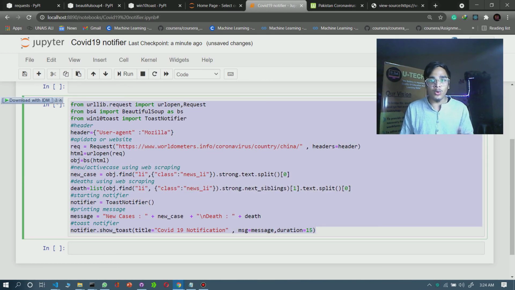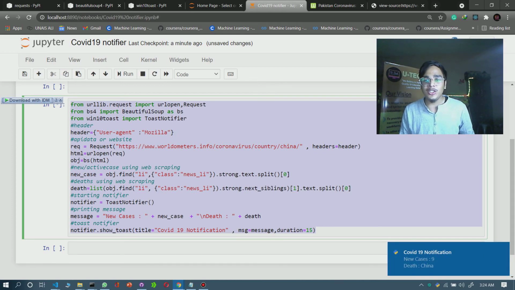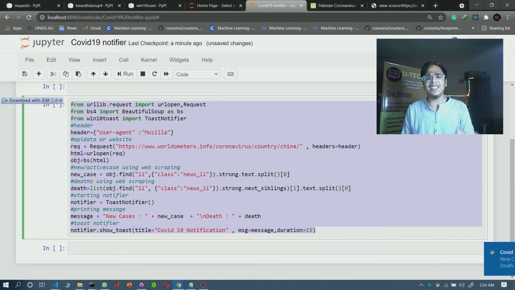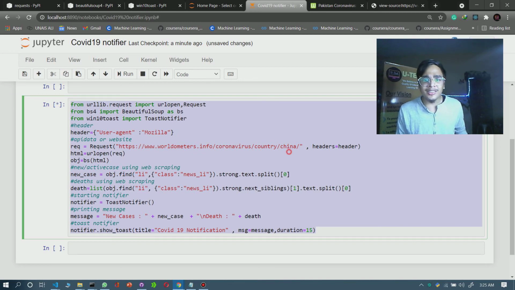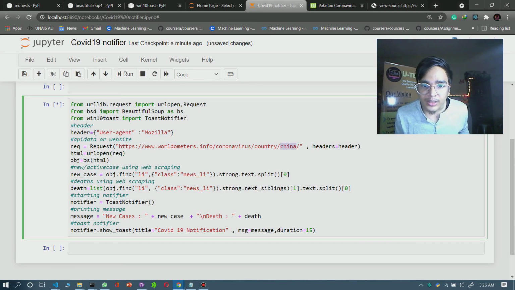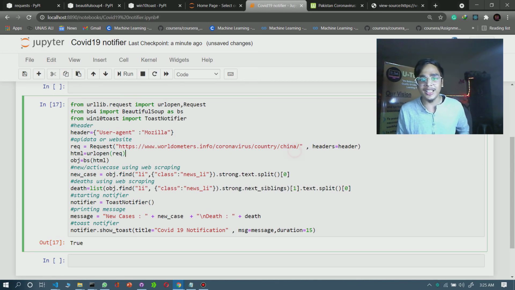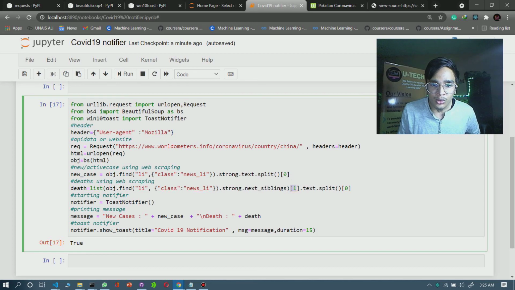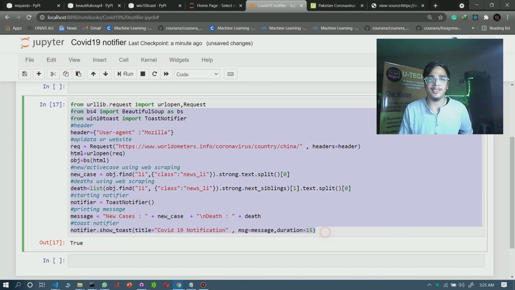So it's a very good code for a Python project, and you can take data from any country, just by changing the name of the country. You will get the latest updates, just by changing the name of that country. You will get the rate and new cases. You can make the recovered cases as well. You just have to add another variable here and change this siblings to 2, and then here will be a plus sign and recovered cases, and you can put the recovered cases here as well.